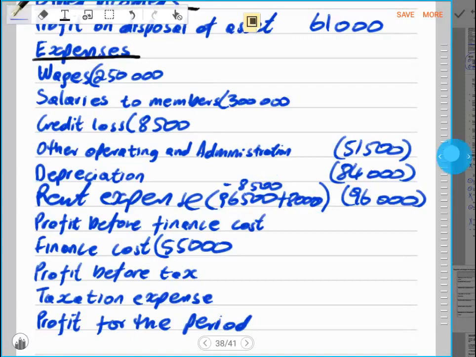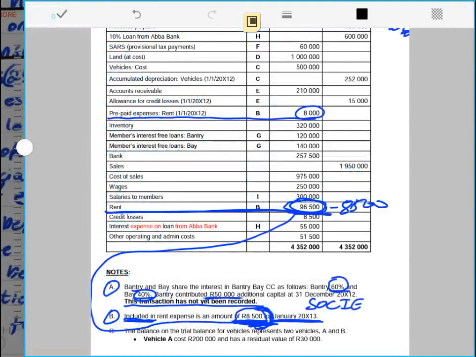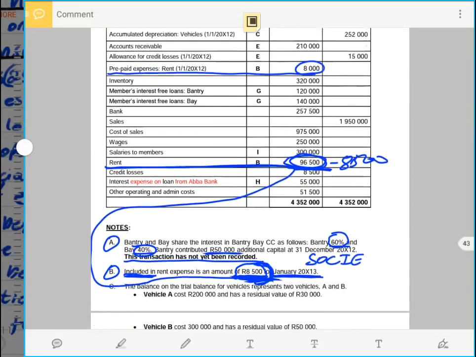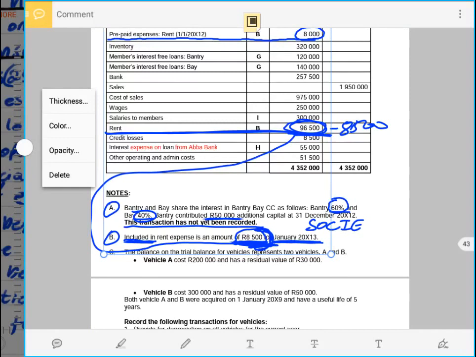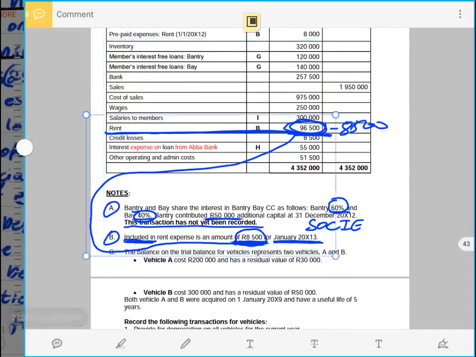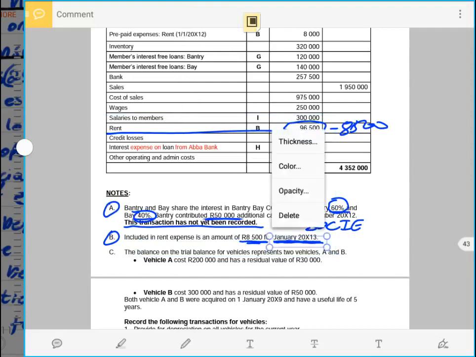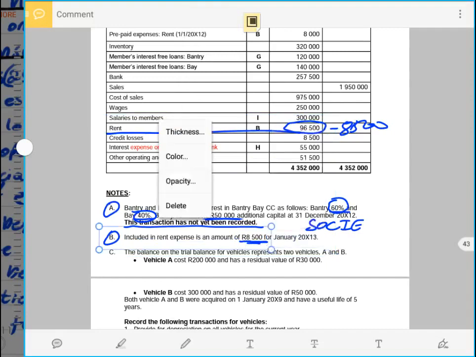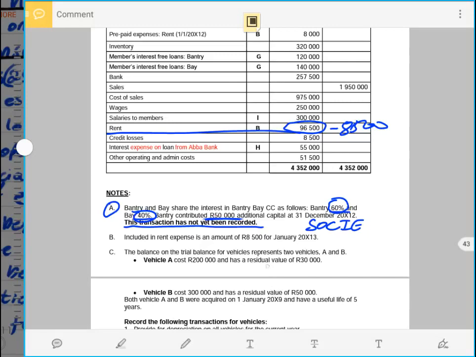Then now we go to the next adjustment. That means we have recorded the rent entry where it was supposed to be recorded, which is the income statement in this case. So now let us go to the next adjustment, and the next adjustment is adjustment number C,